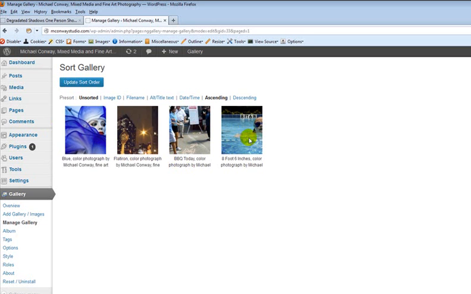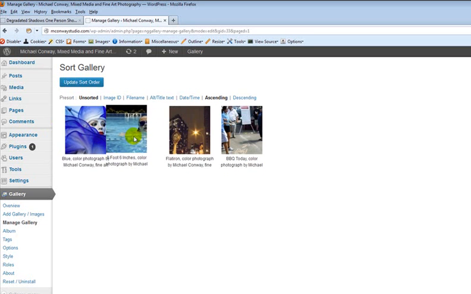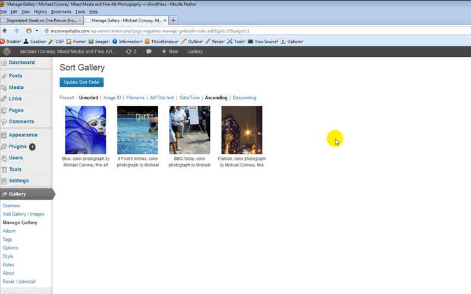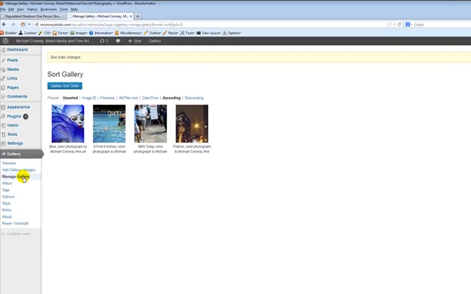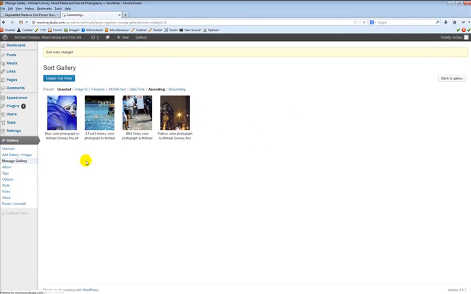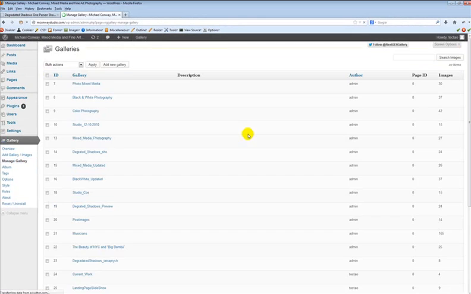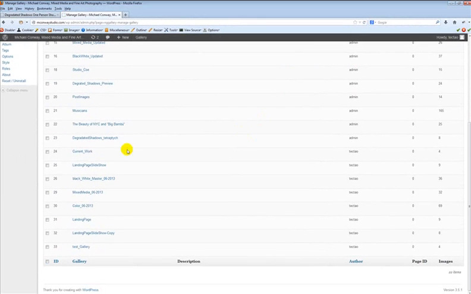And then maybe I want to have this image next, and the Flatiron Building last. All right, I've rearranged them, and now what I want to do is update the sort order. And that's pretty well all there is to it. Now, one thing that we're going to take a look at